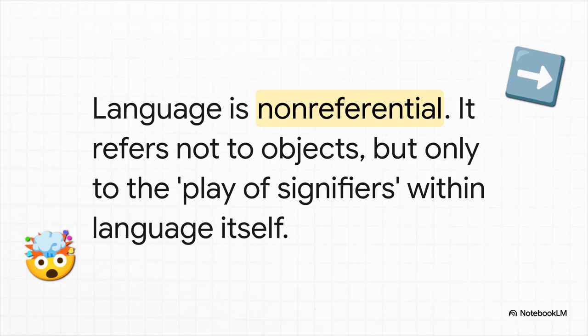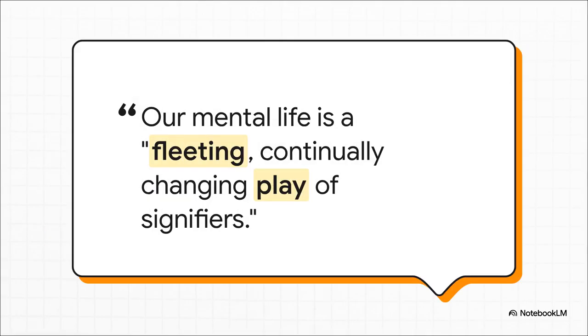Now, this is a huge claim, and honestly, it's a little strange at first. It says that words don't actually point to things in the real world. We think the word tree points to that big leafy thing in the park. But deconstruction says, no, the word tree only gets its meaning because it points to other words, like leaf, branch, wood, green. It's all just a closed loop. So what we think of as thought is just this endless, chaotic chain of words bouncing off of other words inside our heads. It's a constant flow that never actually lands on a single, final, solid meaning out there in the real world.